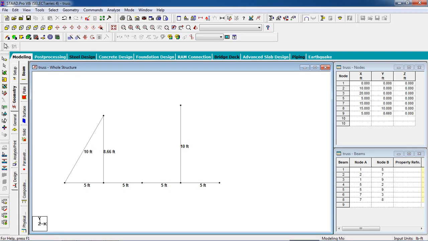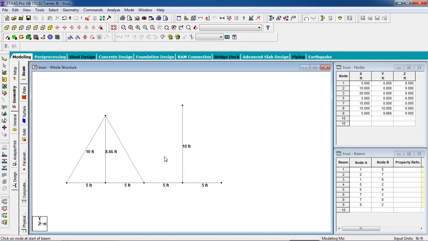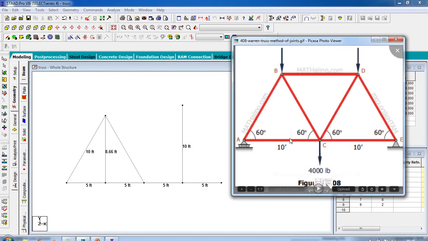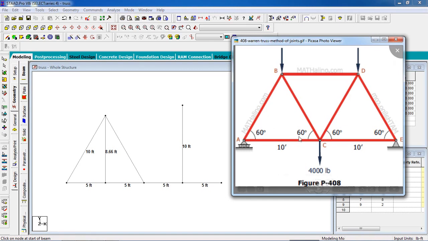Now go to add beam. Now create a beam, and now what I have done is just this first property or first triangle. Okay, now we have to create the second triangle.